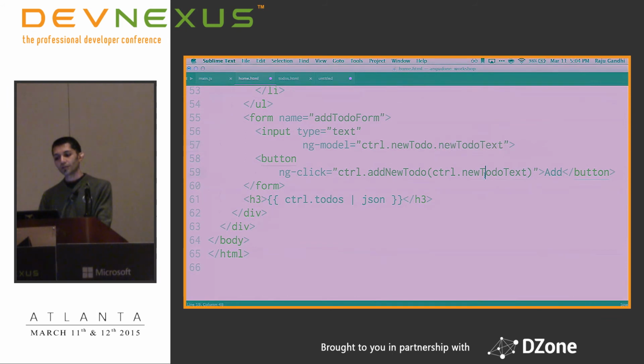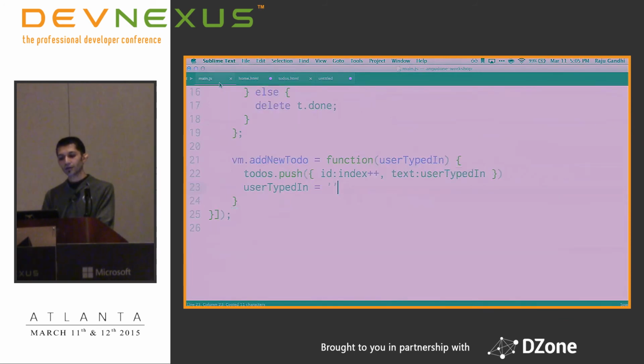Now, instead of passing in new to do text, I pass in the object with the property I'm looking for. And then in here, I'm not getting user typed in, I'm getting the new whatever, some object, right, with one property on it. And then I do new to do dot new to do text. Does that make sense? You get an object, one property, you look up that property, set it as the text of the to do, and now if I were to do this,